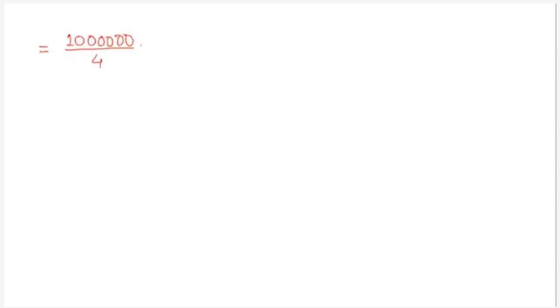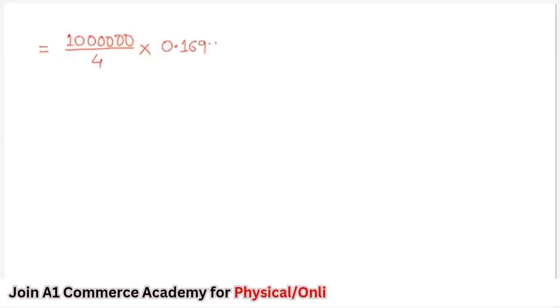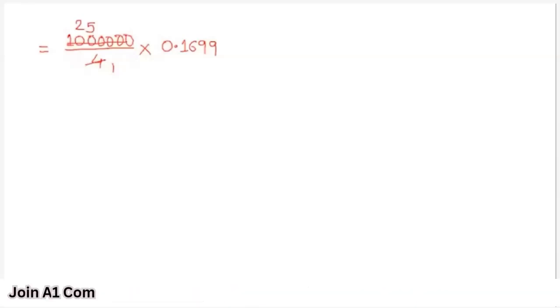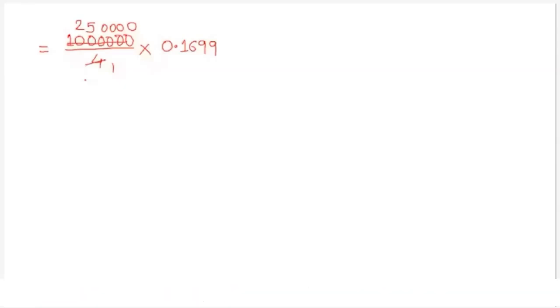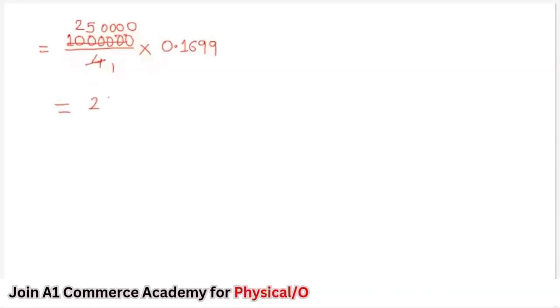Multiplied by 0.1699. Dividing by 4. 4 ones are 4. 4 twos are 8. 4 fives are 20. So that is equal to 25 multiplied by decimal point